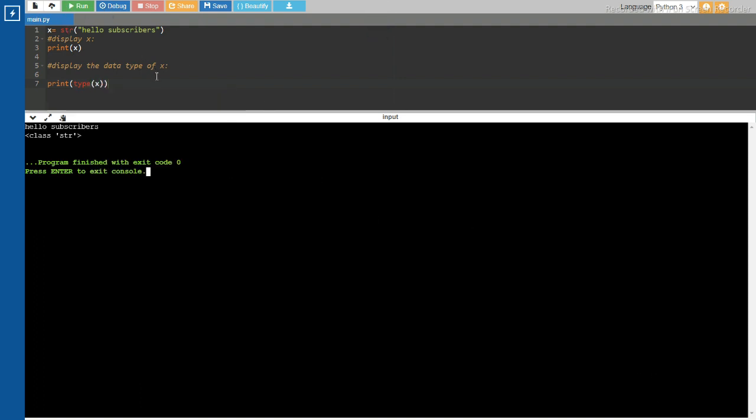See here, when I ask the server to print the x value, it shows a string, hello subscribers. Then next we want the data type of this one, we ask the server, and it shows the data type. I hope that you understand the setting of specific data types.